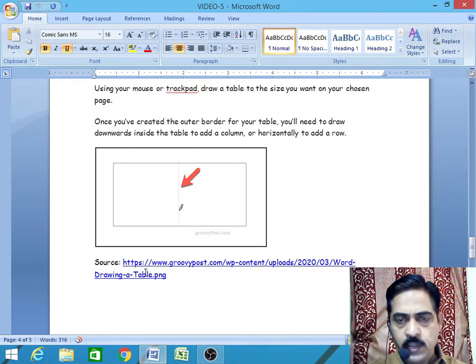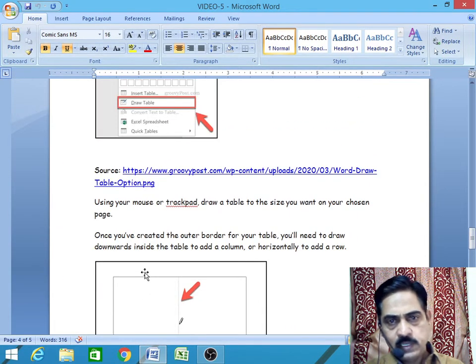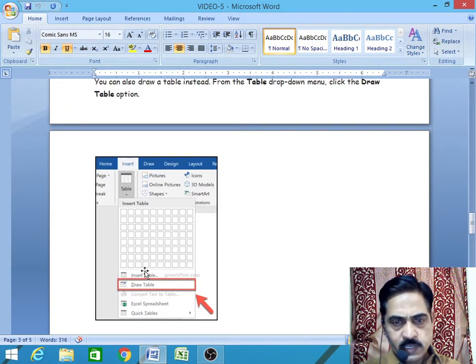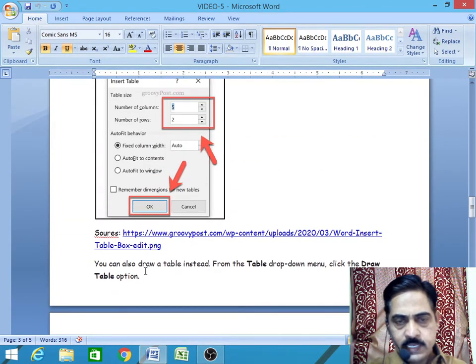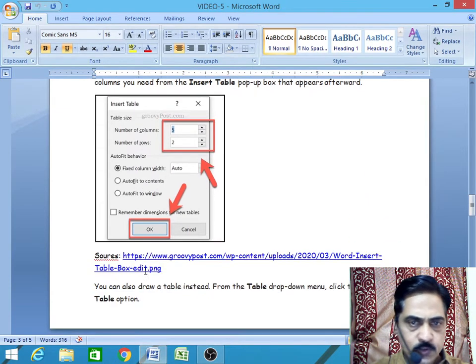First we have to draw a rectangle box, then we have to draw inside the table to add columns and horizontally add rows. So this is how a table can be inserted by insert table and manually, that is by draw table.